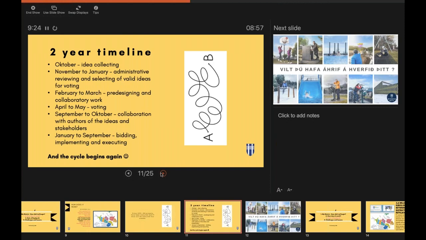From September to October, we have the collaboration with authors of the ideas and stakeholders in the neighborhoods. We involve the residence councils. And the year after, we have a bidding, implementing, and executing process, which is a 2-year timeline, and it gives us a lot of chance to collaborate with the neighborhood, which is essential because we